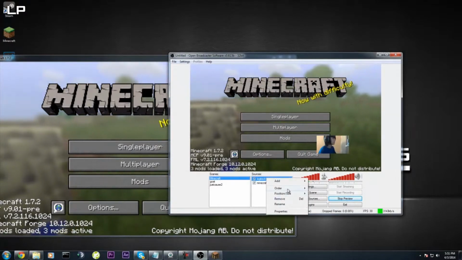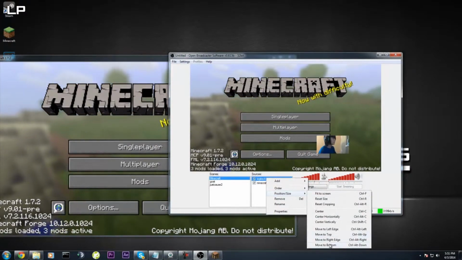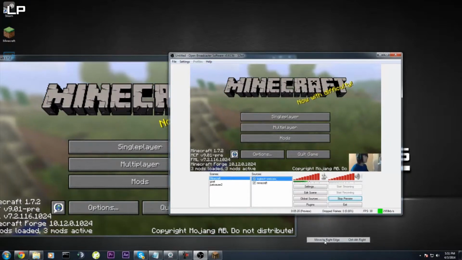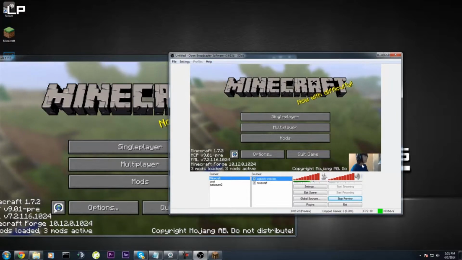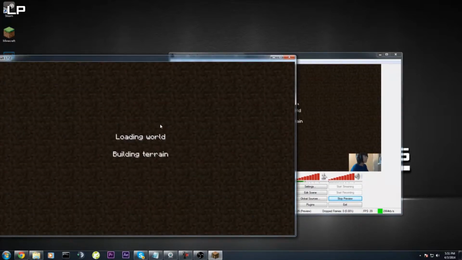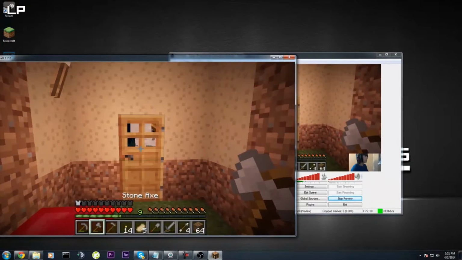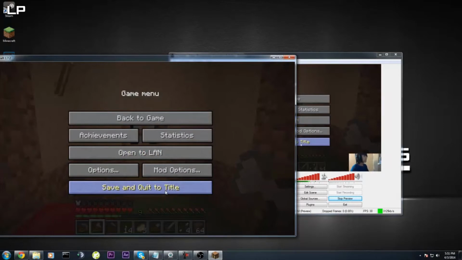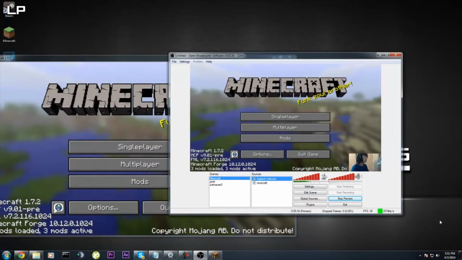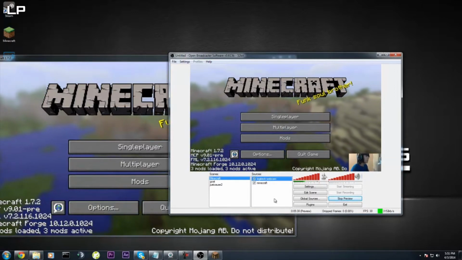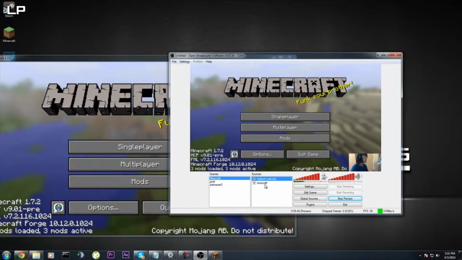Okay, that's a good size. And then we're going to move it to the bottom. And then we're going to move it to the right. It's a good size. Let me just start up the game again. Yeah, it's a decent size. It's not gonna interfere with the hotbar thing down there for Minecraft, so people can see what you're actually having in your inventory. So now we have both of these set up, and the next thing we're gonna do is